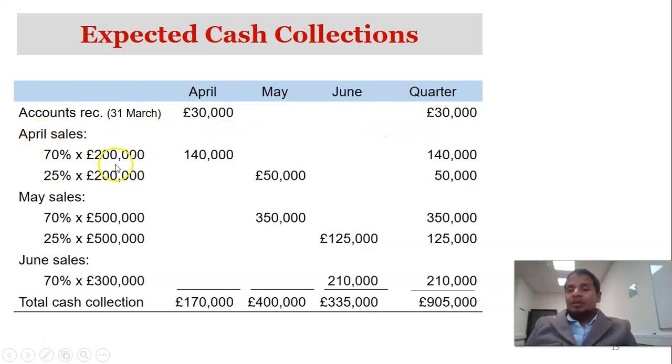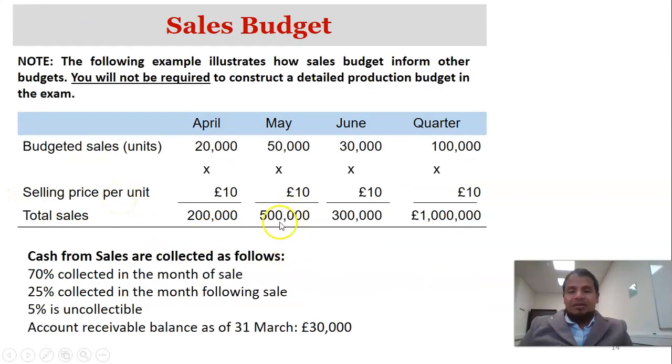And the sales of April was 200,000, so 70%, which is 140,000, will be collected in the month of April, and 25% will be collected in the following month. The 5% we don't need to consider in the cash collection or cash budget. That would be considered in the income statement as an expense or loss. So 30,000, 140,000, and 50,000. And how much were the sales in May? 500,000. In June, 300,000. So